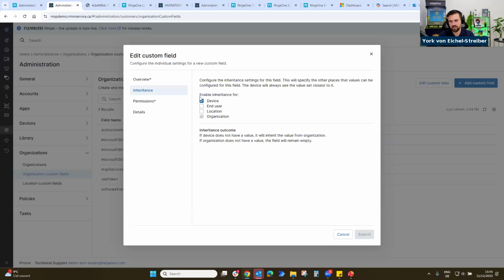And you can also populate the device information directly, so that when you have some kind of token for software deployment purposes or whatever it might be, for whatever automation you want to use, then basically it transfers from your organization to the inherited